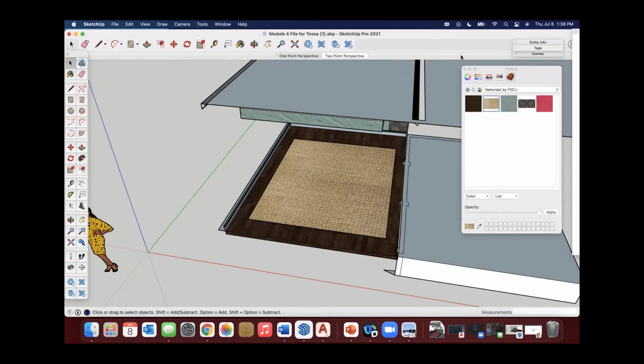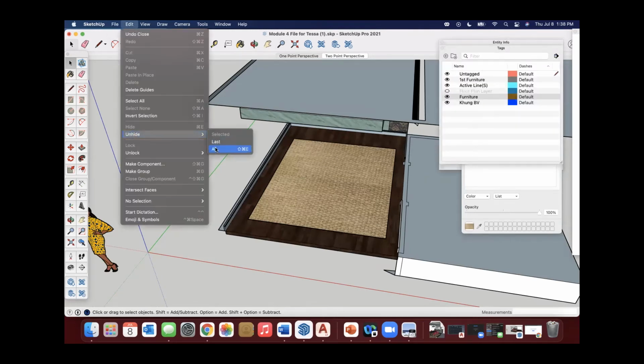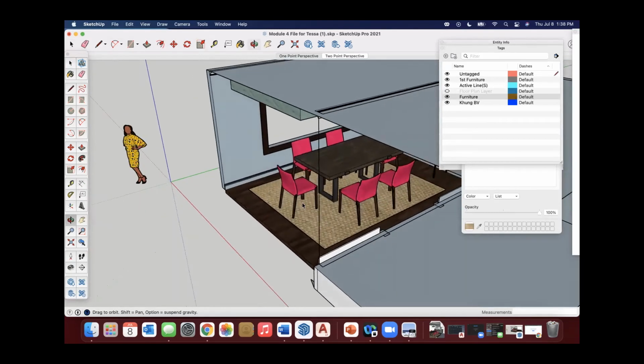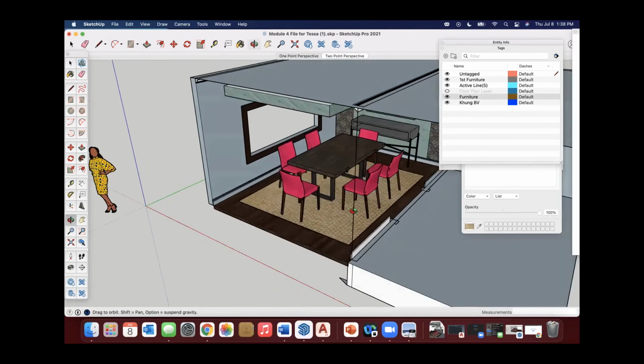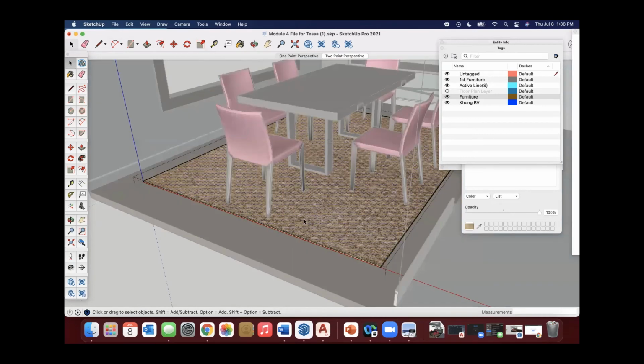But when you turn your furniture on for this one, oh, I actually hit it. That's why I've got to undo, unhide all. There we go. That actually is not looking too bad, because we're not so focused on this. But if it is showing a little too big, just go back again, double click.